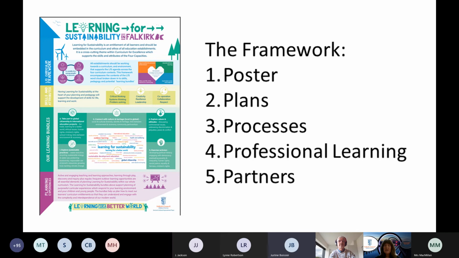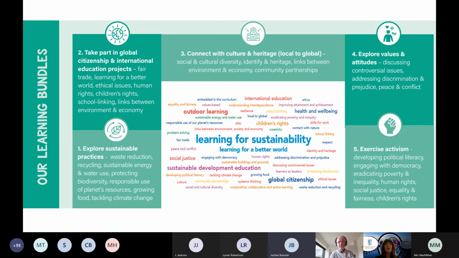We realised that we needed to change the way that we worked. We needed to look at our professional learning menu. We needed to develop our partnerships to complete the jigsaw pieces of our whole LFS framework and to do some of that streamlining, which I mentioned. So it's very much a work in progress still. But we'll share a wee bit more about how it's developing and get a bit closer also to the social studies and RME elements of it.